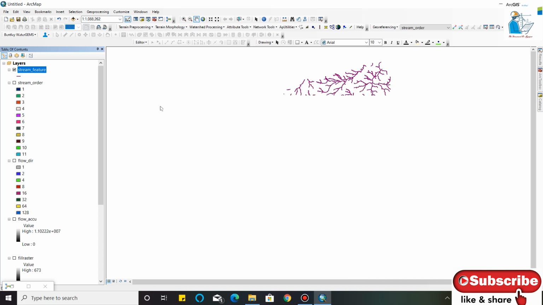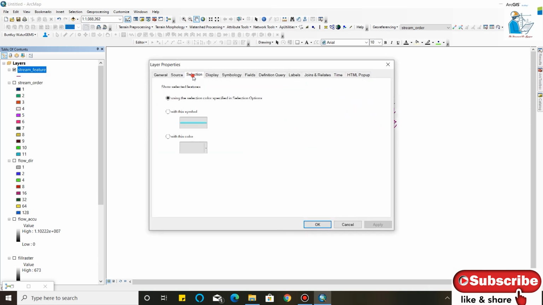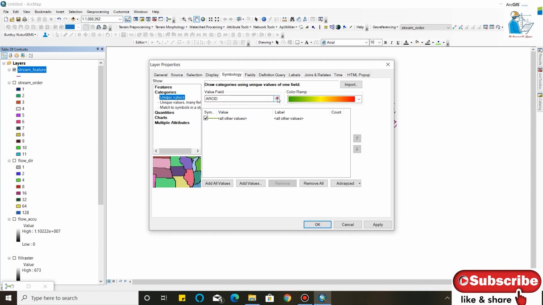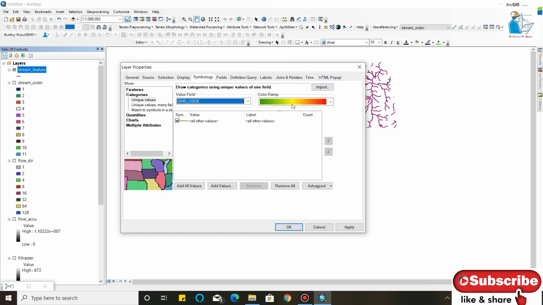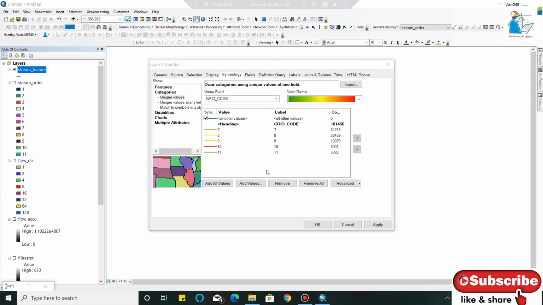When you click the stream order, your stream will show having the stream order greater than 7. In symbology, we will select the grid code and add all values. Now my stream order is only 5.